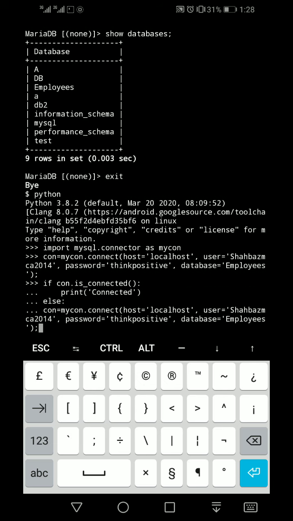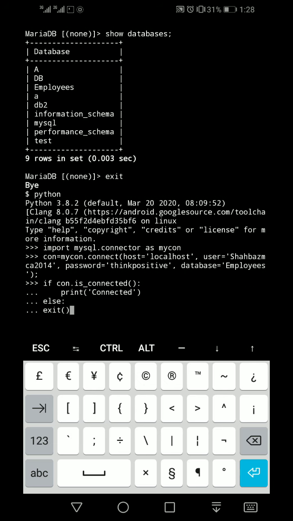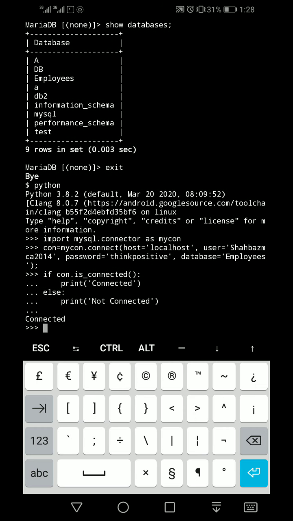Then type print not connected. If the connection is successful, it will print connected, otherwise not connected. Enter and again enter. Now you can see the message there, connected. It means your Python coding connectivity with the database, that is MariaDB, which is like MySQL, the same MySQL commands work in MariaDB.